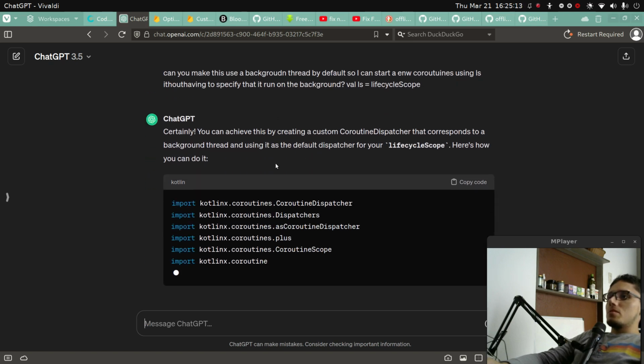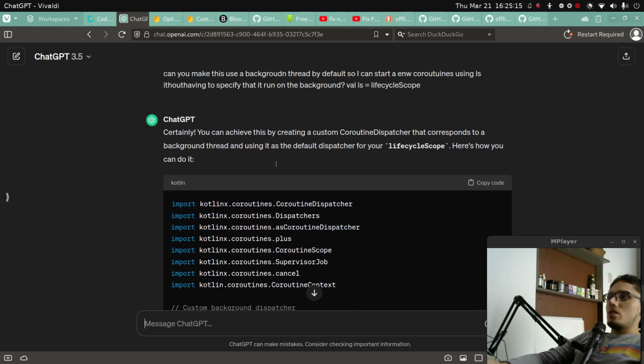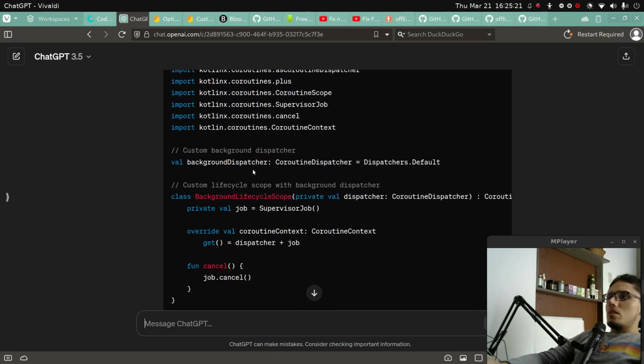Certainly, you can achieve this by creating a custom coroutine dispatcher that corresponds to a background thread. So using the default dispatcher for this, here's how you can do it. Dispatchers.Default